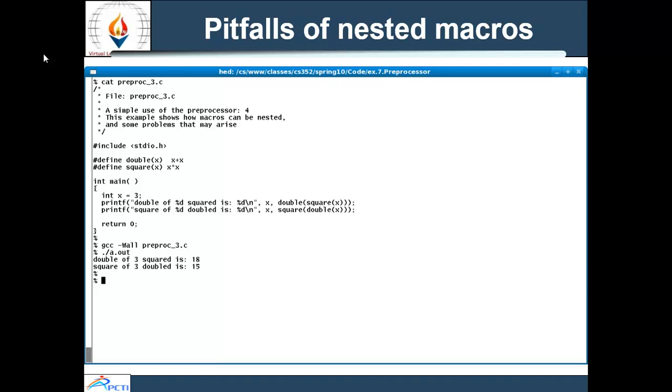So here I have included two macros: double, that will double the value x plus x, and square, that will square the value of x into x. Whenever I input the value x equal to 3, it will show me the result. The double of 3 is 18 and the square of 3 is 15. Is it the right output?